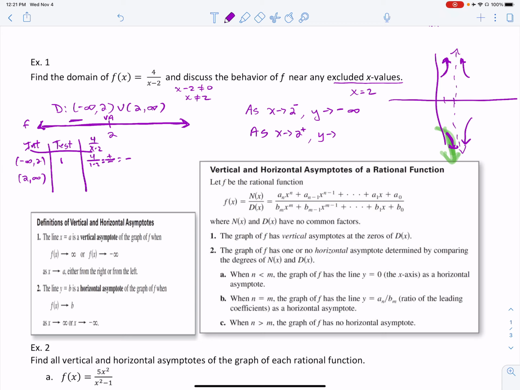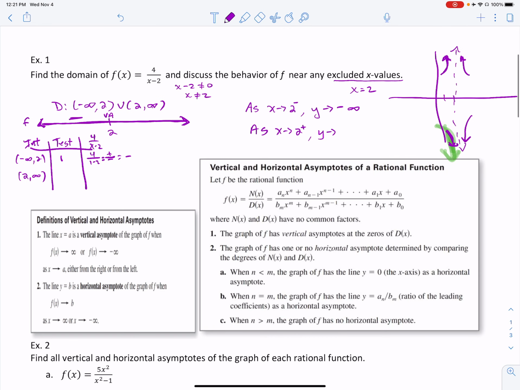So let's test the other interval. To the right of 2, pick a number in that interval. I would just use 3. If I plug that in, it's just the sign that I'm worried about, not so much the value. If I have a positive divided by positive, it's going to be positive. So to the right, this rational function is going to be positive. The only excluded value is 2, and there are no zeros, and we'll talk about zeros later. And so since to the right of 2, this rational function is always positive, I know that the end behavior must be that it is